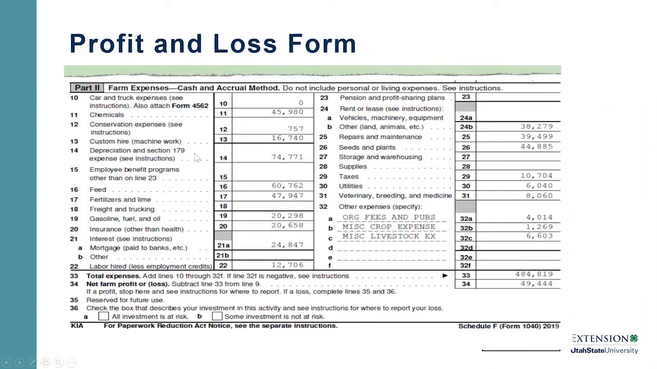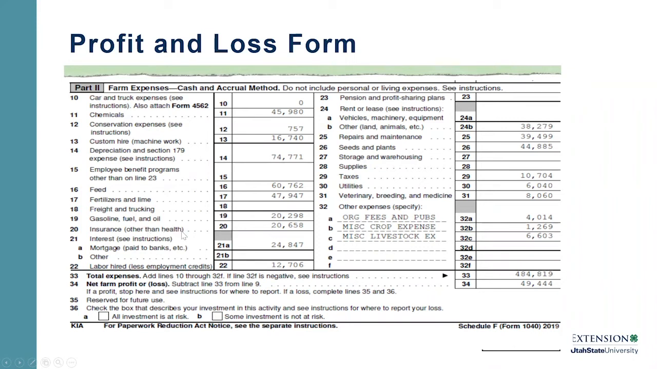Depreciation is when you have your equipment that you're going to use over several years. So depreciation is our method of taking a portion of that and putting it on each year's tax return. But there are some provisions like Section 179 that can allow us to maybe accelerate that or do it a little bit faster. So we have depreciation, feed purchases, fertilizer, freight and trucking, gas,